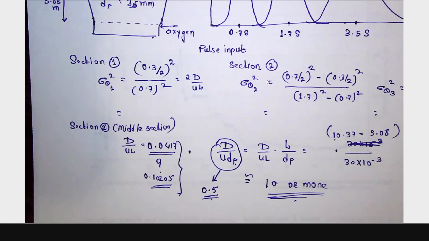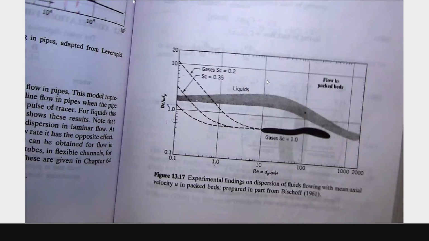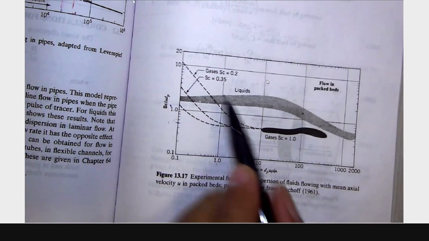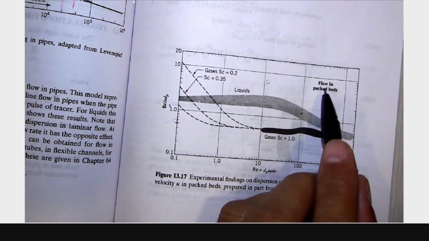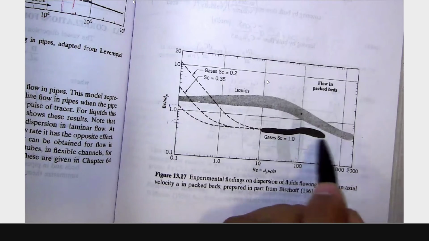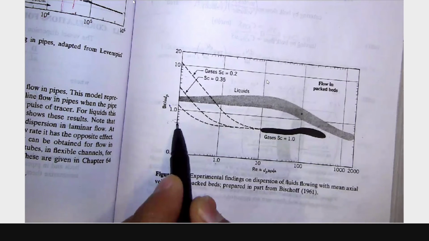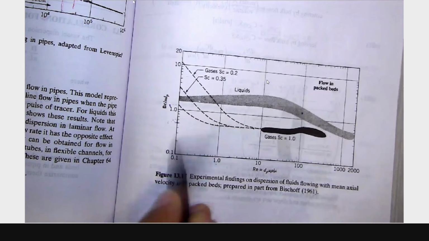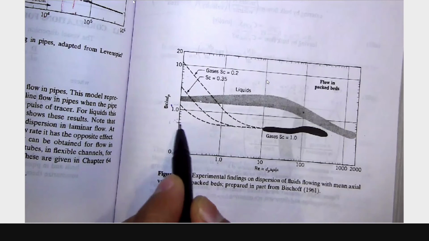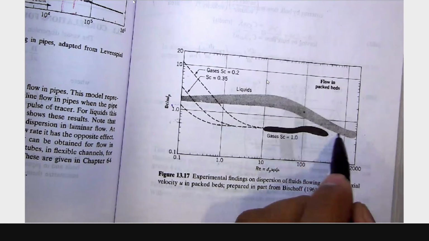If you see this figure, if you take the average value, I told you earlier also for gases flowing in packed bed, it is around 0.5, 2, 3, 4, 5. So roughly it is 0.5 in this range. So we can take that